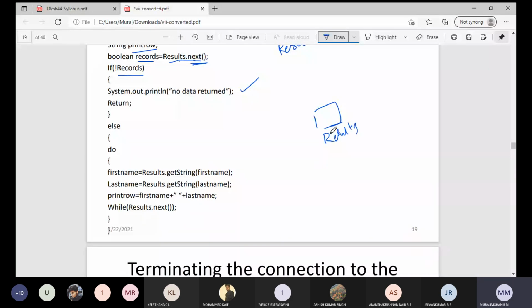We read getString of first name and place it inside the variable first name, similarly get the last name and place it inside last name. Print row we print as first name plus last name, combining them.